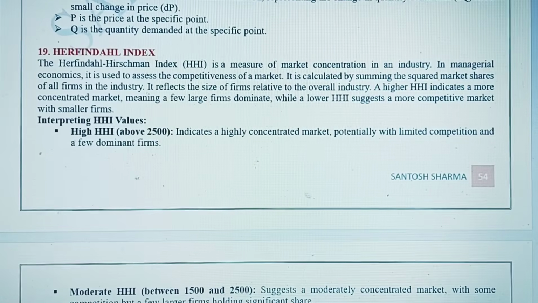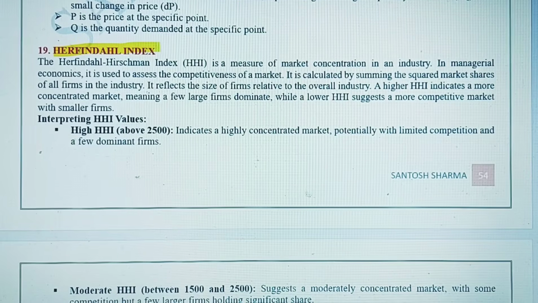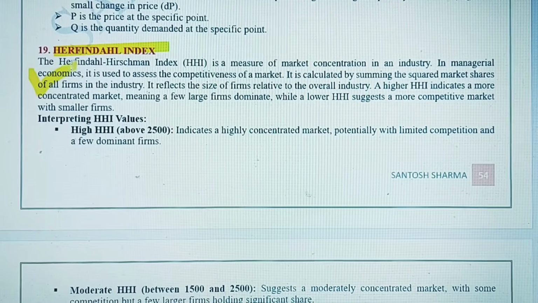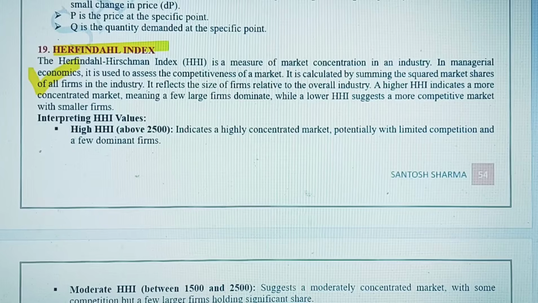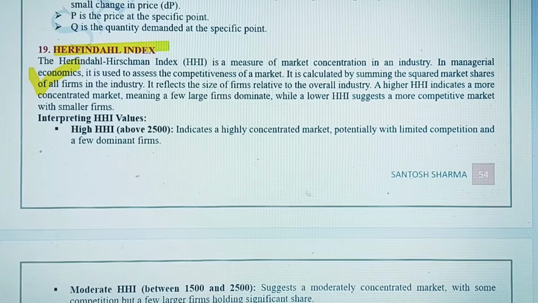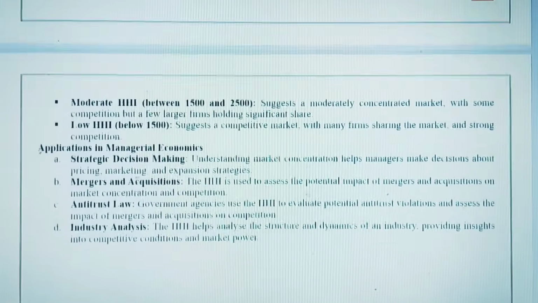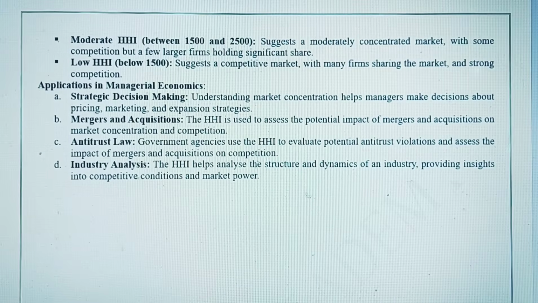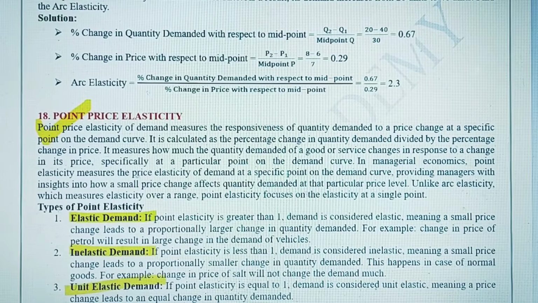Fine. The next short note is on Herfindahl index. तो ये क्वेश्चन भी आपको मिल सकता है एग्जाम्स में, बहुत अननोन क्वेश्चन है इनफैक्ट. दिस इज़ माय सजेशन, मोर और लेस आपको कभी भी मिल सकता है ये क्वेश्चन, Herfindahl index, and that's all. So these are the short questions that you must revise in the exams.